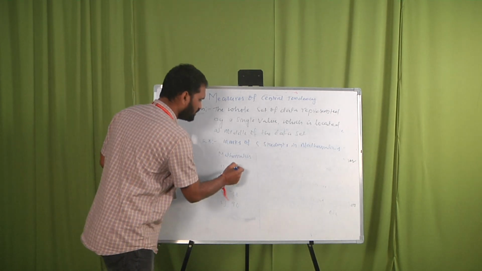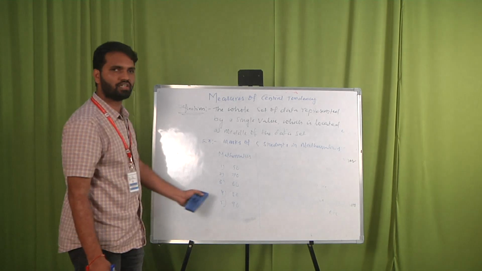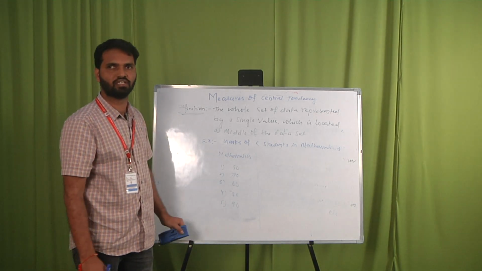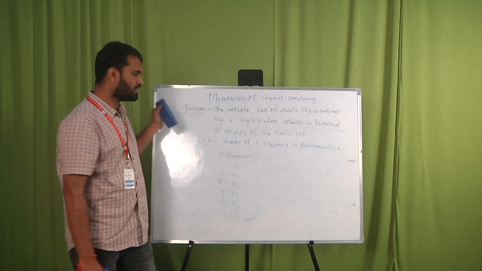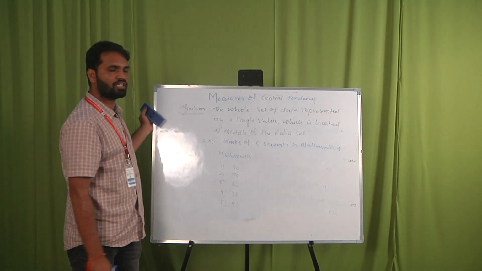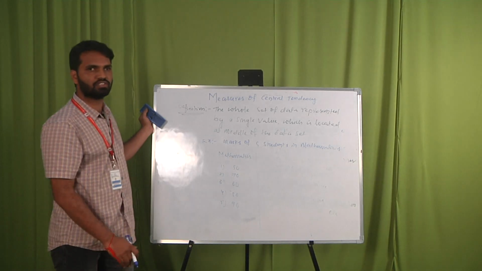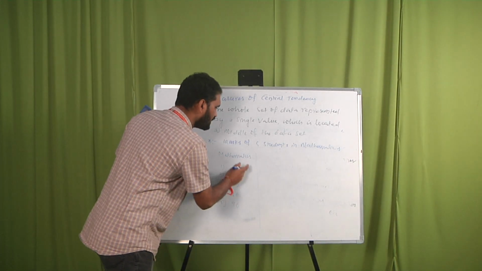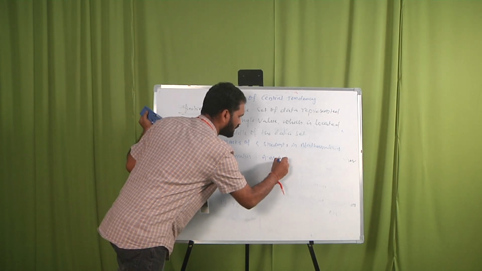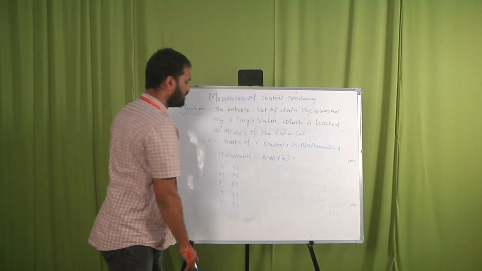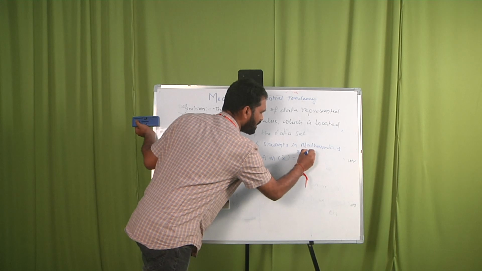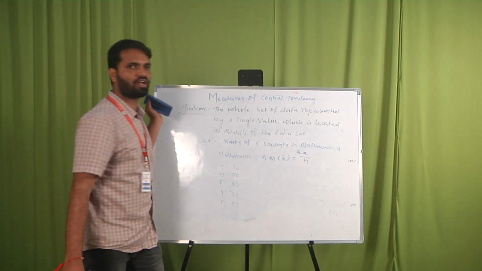Right? So first, to calculate the arithmetic mean. This data is related to an individual series. How can you say individual series? The data having individual observations, with no frequency, is called an individual series. So how to calculate arithmetic mean for an individual series? Arithmetic mean is generally represented by x bar. Sum of observations divided by number of observations.